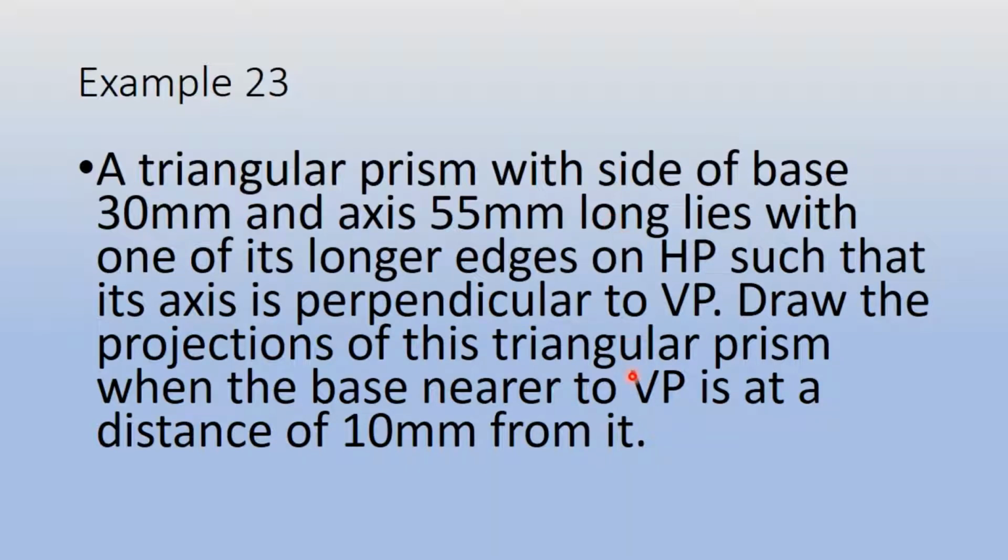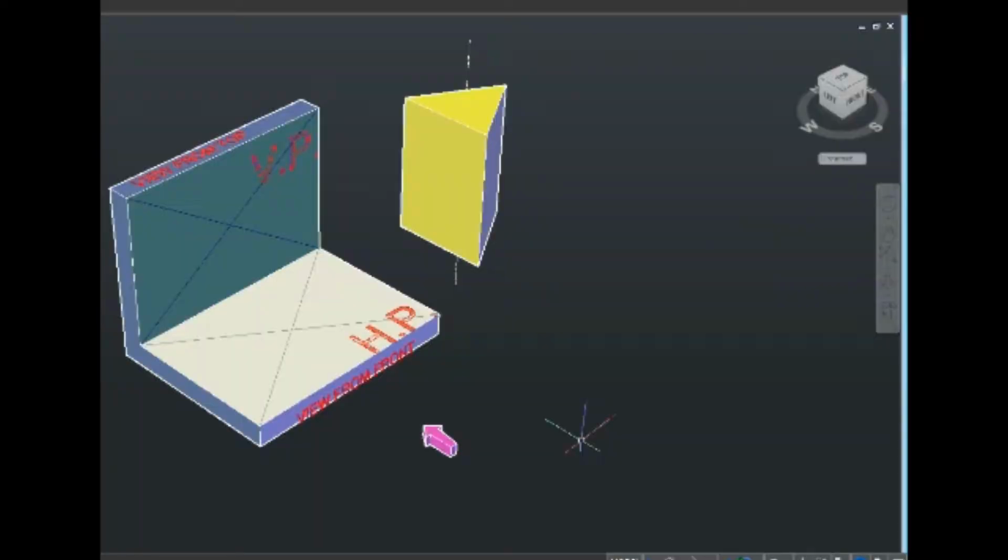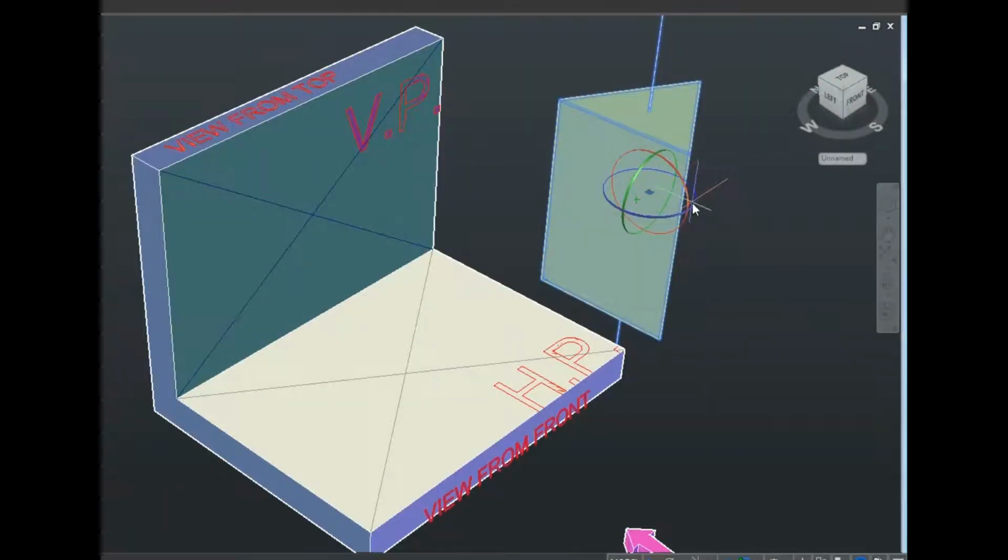So I will show you first how to imagine this. As I have said, there are two important conditions in this question. The first one is the longer edge resting on the HP and the axis perpendicular to VP. So first I will make one of the longer edges rest on the HP in this fashion.